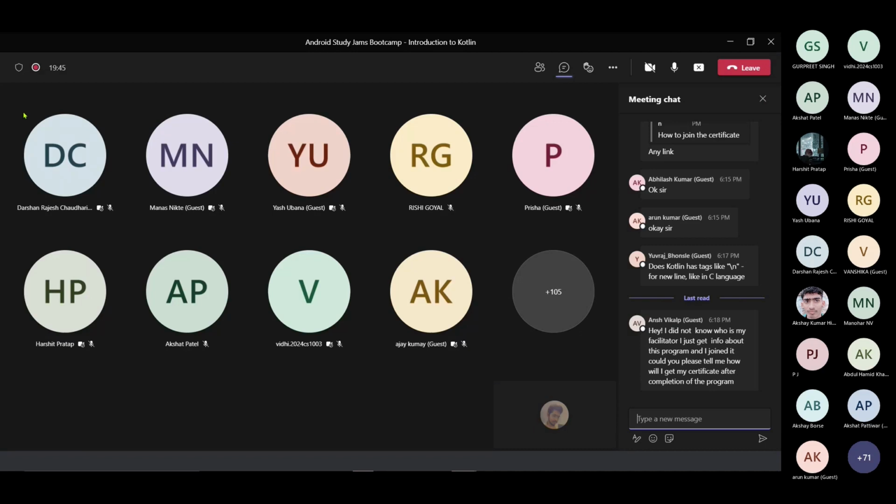I don't know who is my classmate. I just know, guys, keep these questions for the end. Now just concentrate on what I am teaching. All these questions will be answered at the end of the session. I will keep a separate 5 minutes for that. So now just concentrate on what I am teaching.